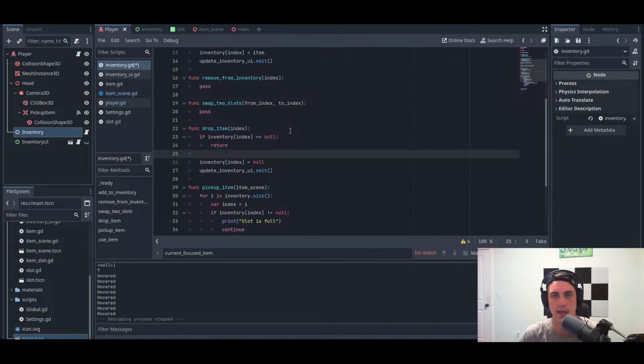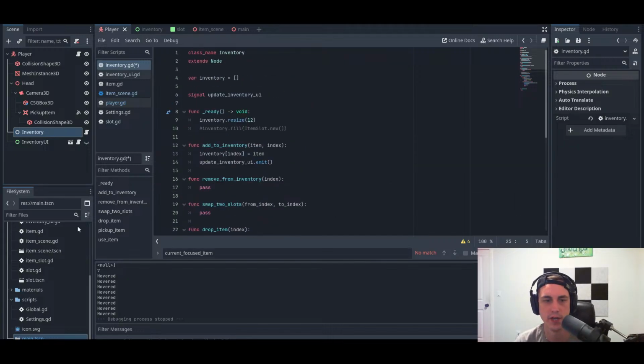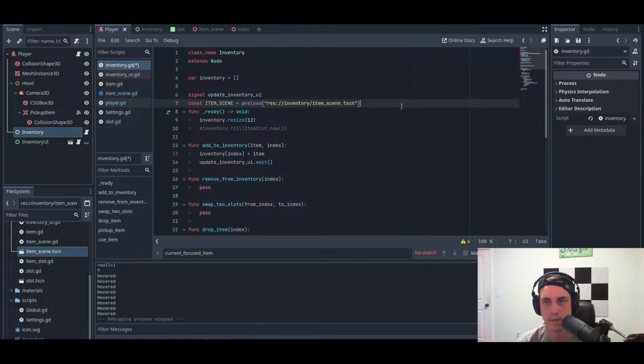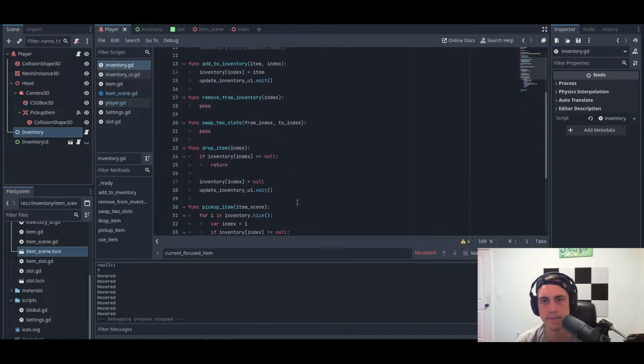Then we can say inventory index is just an item. So we just say we need the item seen. So